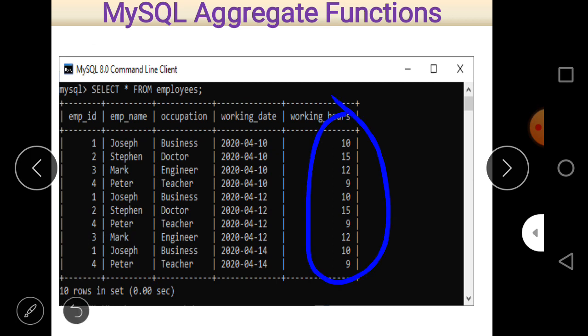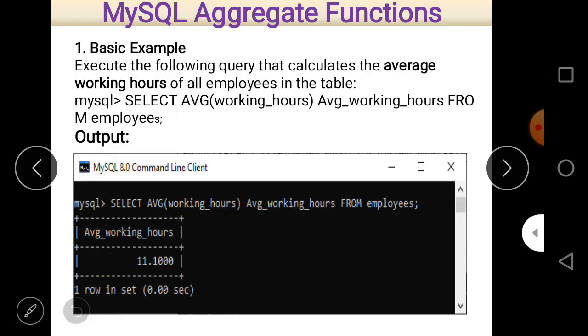First of all, it takes the sum, and after that divides it by the number of persons, which is 10, because 10 records are there. So divided by 10, it is 11.100. This is the average.